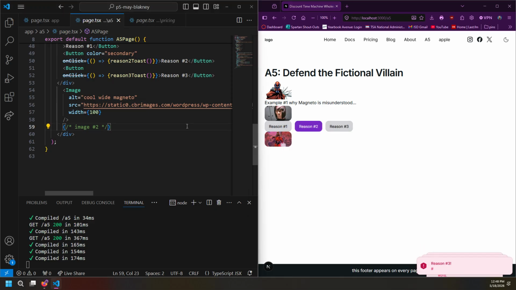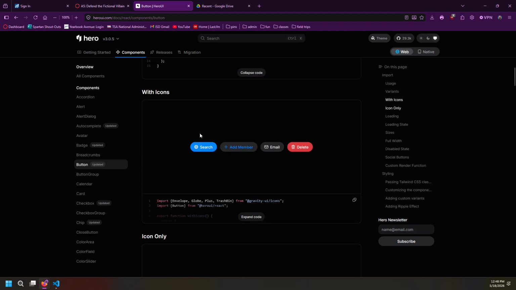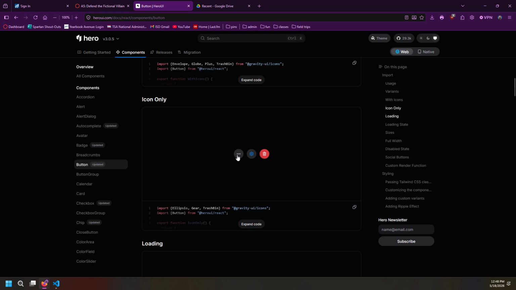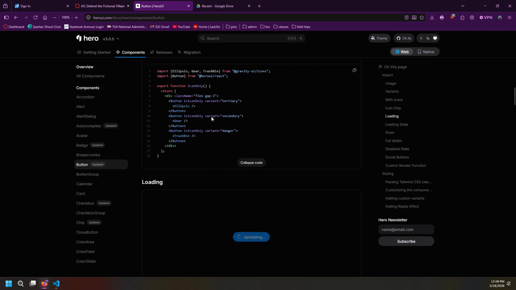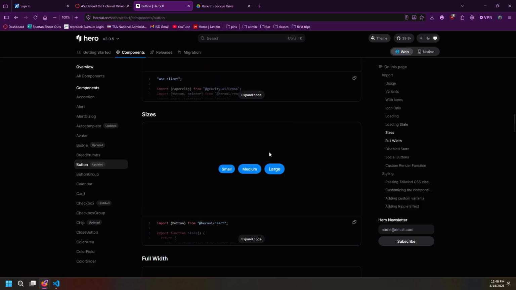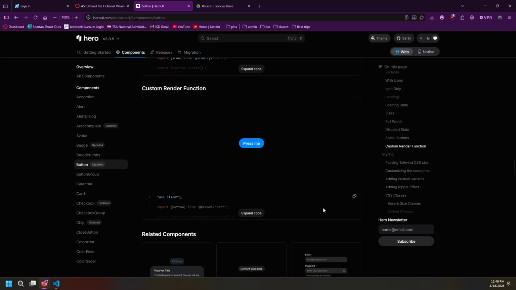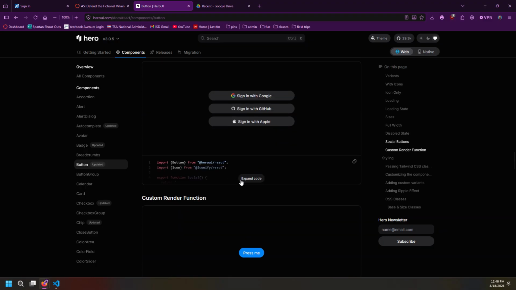Okay? Again, you do not have to do buttons. You do not have to have the toast specific part pop up. You can make the button expand. You can see what other options the button has if we click around, look around right here. You can make them into icons. You can have them have specific loadings. You can change their size. You can make them wider, right? You can connect them to specific